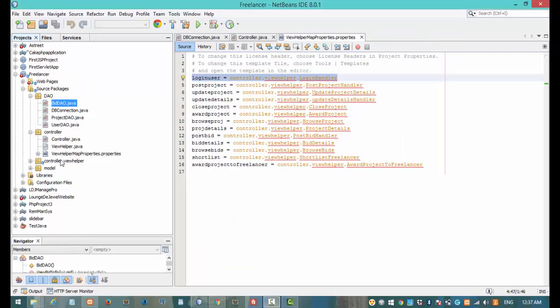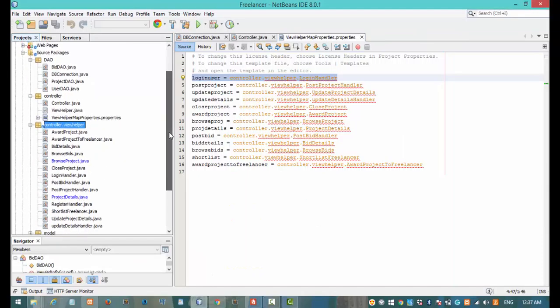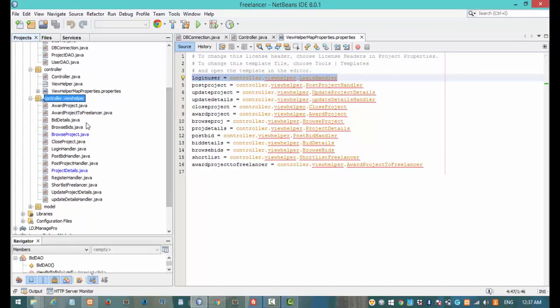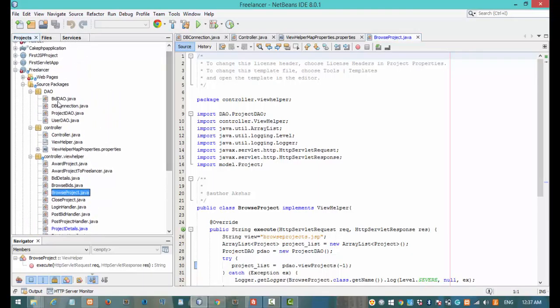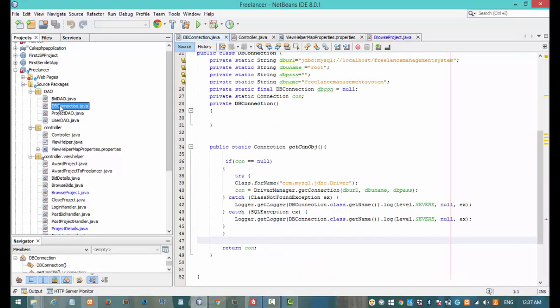The next package is controller.viewHelper. Controller.viewHelper has all the view helper classes. A view helper will take the data from the controller that has been entered by the user and will process the data. That is, the view helper will interact with the DAO, Data Access Object classes, which in turn interact with the database connection class and create the connection object and will interact with the database, fetch all the data,